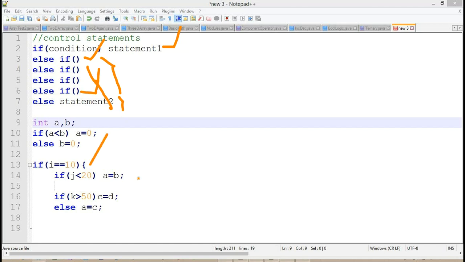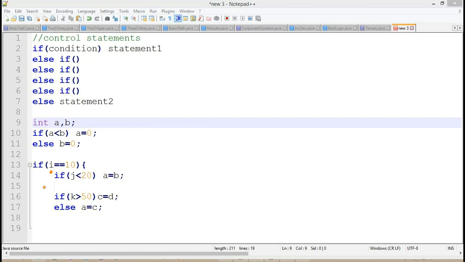Getting the point? And finally, if it is satisfied at line number 6, the else condition is going to be ignored here. But come to this one here: even if the condition is satisfied, it will still execute here. It's not going to ignore. This is very important. Getting the point? Finally, the second condition is satisfied, so this will be ignored, because we made it an else condition. The only difference here is that if it is returning true or false, it does not depend on the second condition. The second condition also is going to execute here.